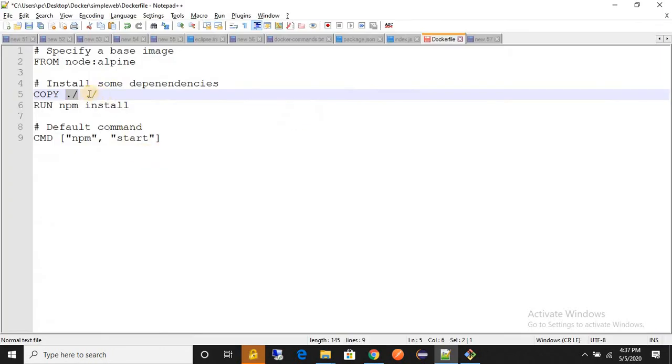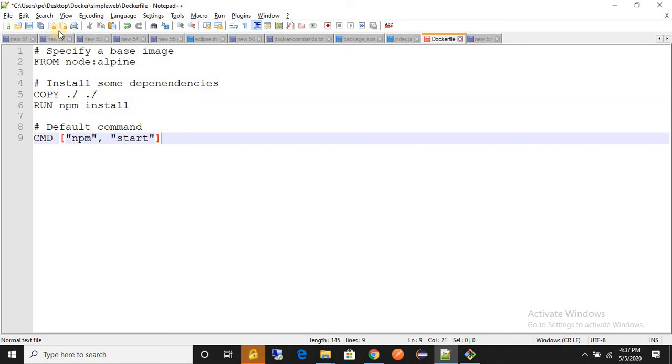Now see, why I am telling this line again and again is because this is the most important line, and many of the developers get the same error at the time of building a Docker file.